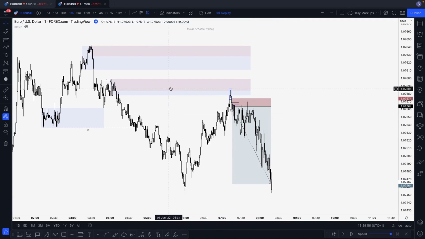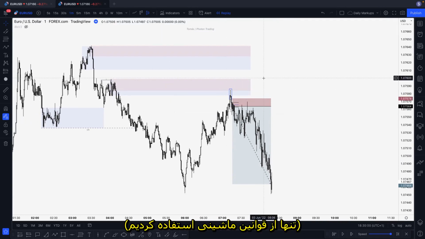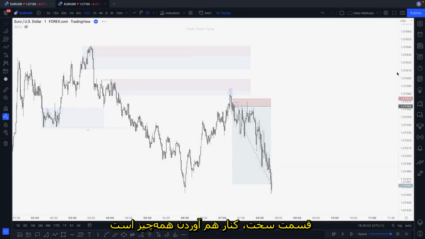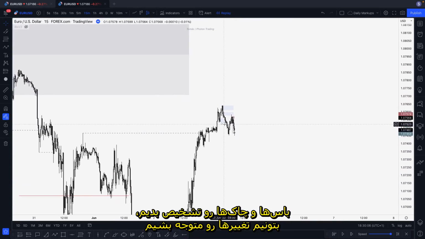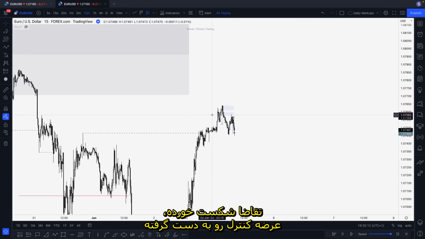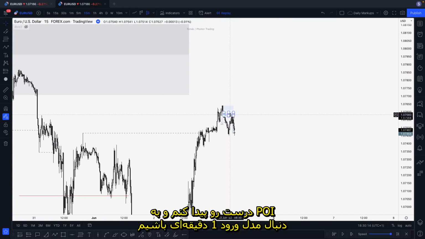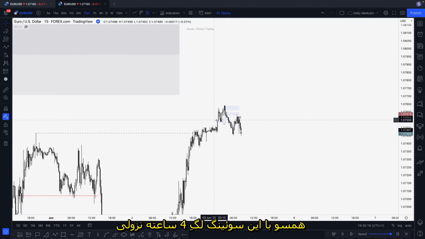Quite simple, right? Just mechanical rules. The difficult part, like I said, was combining everything together, knowing that after the boss, the choke, M15, we have this clear shift, right? Demand fails, supply takes over. Find the correct POI, look for M1 entry, okay? In line with this 4-hour swing bearish leg.